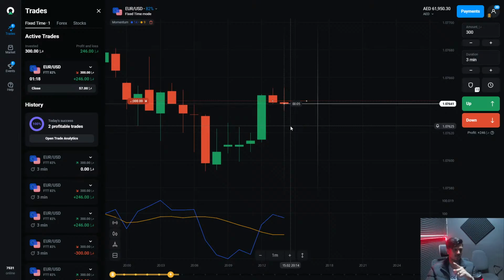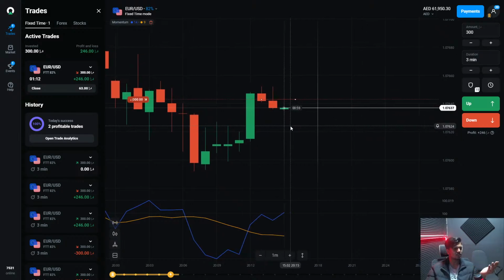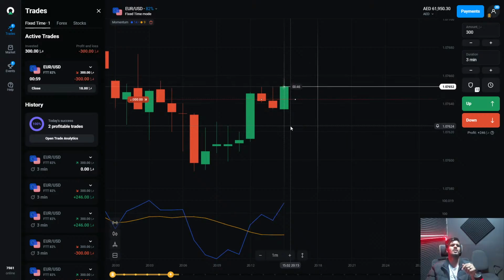Why am I saying this? Because I made the down trade. If I don't say anything and just say okay, move upward, then I will lose this amount. So surely I will say that it should just remain downward for a moment until this trade finishes. For just 1 minute, it has to remain here. Oh, it crosses too high. Come back, please come back. Let's see. We still have 55 seconds remaining now.